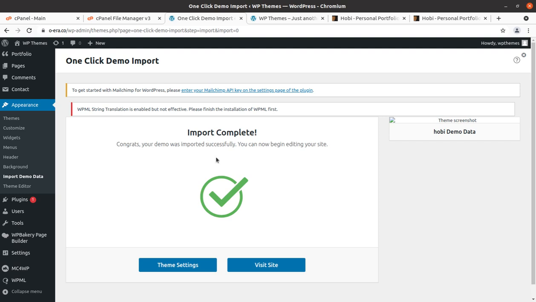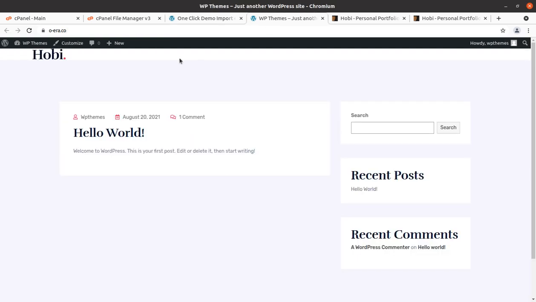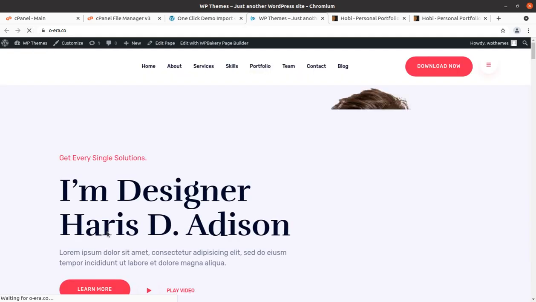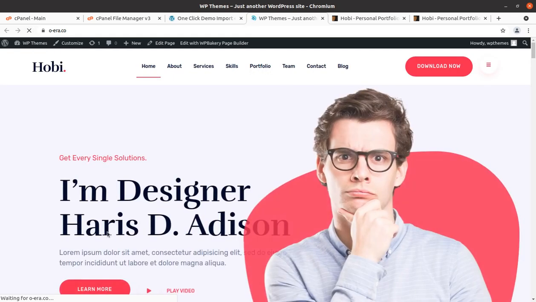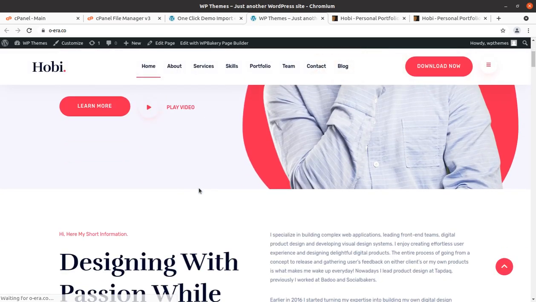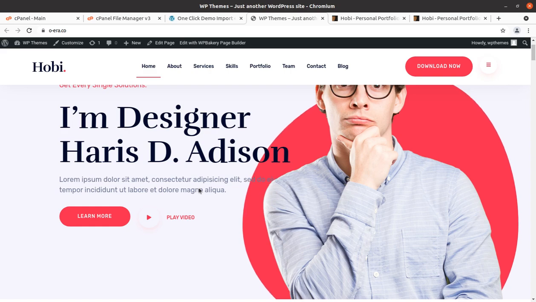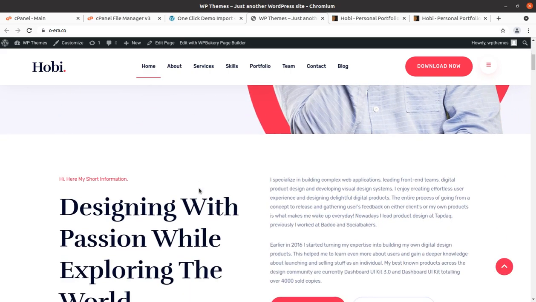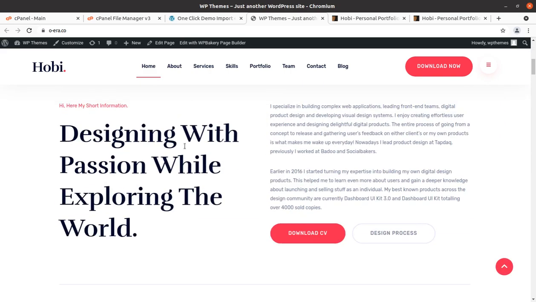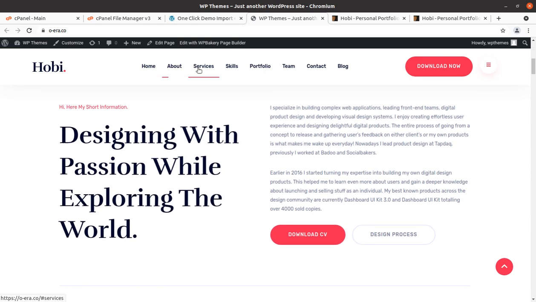Now we can take another look at our website. Just refresh this page, and yes, the slider is not used, so slider setup is not required, and we got a complete website here. It is wonderful.